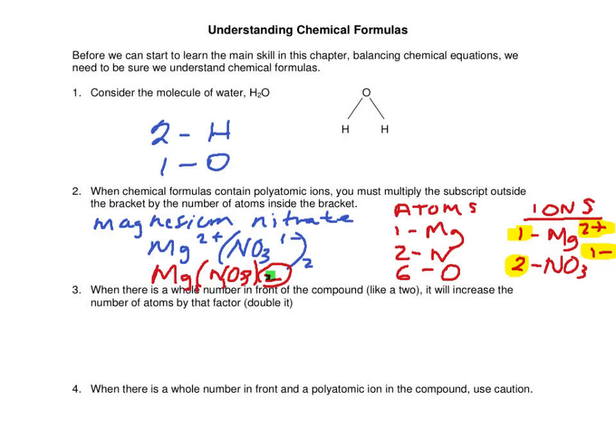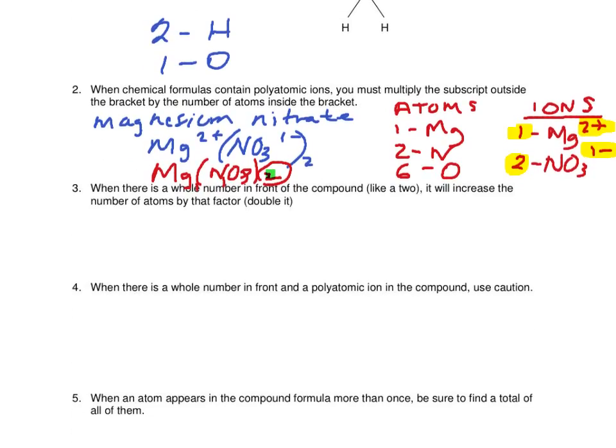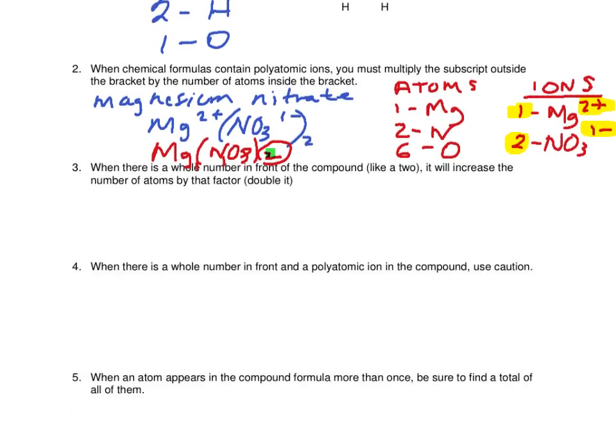So magnesium nitrate can be looked at by looking at its atoms. You can also look at it by its ions. Next thing, if you have a whole number in front of a compound, like a 2, it will increase the number of atoms in that compound by that factor. So in this case, it would double it. And when you balance chemical equations, what you're doing is adding numbers to the front of a chemical formula. So say, for example, in your chemical